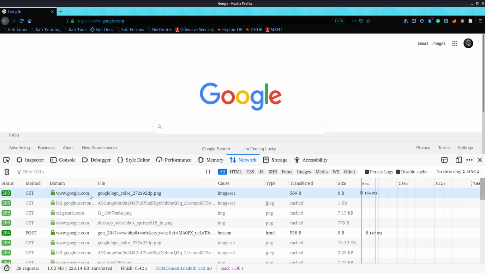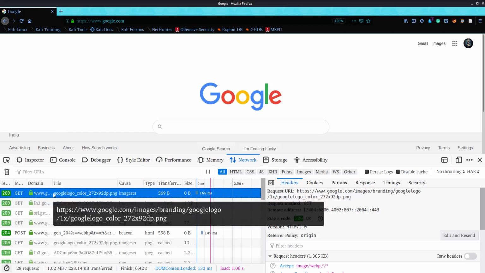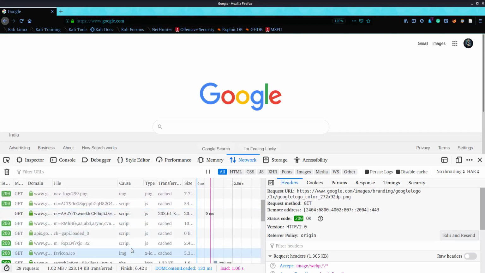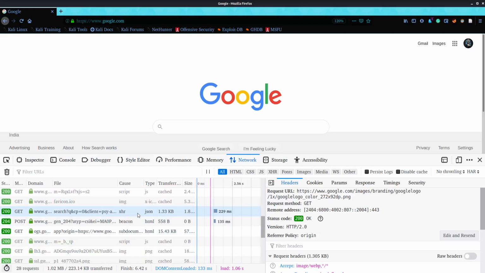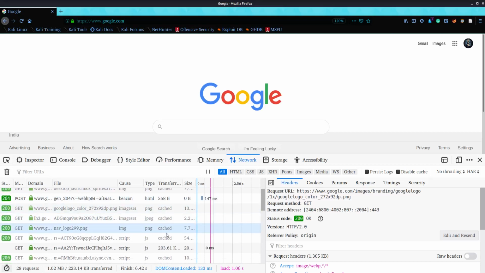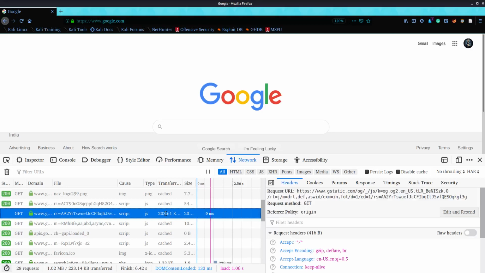The domain is the actual domain we are requesting. The file name is the actual URL from where the request is being received. The cause tells what this is: an image or a favicon, a JavaScript file, a beacon file or a JSON file. The transferred data shows that these things are cached in my browser, and these are the requests which I actually received, of 203 KB.